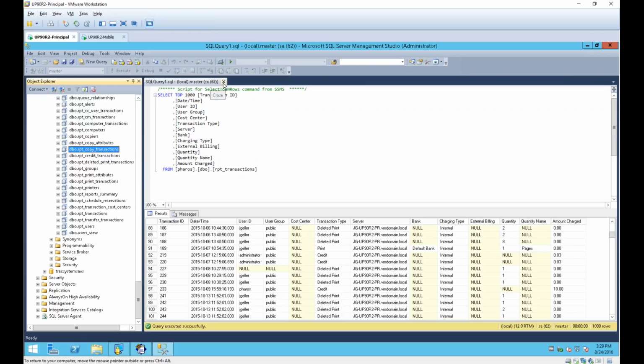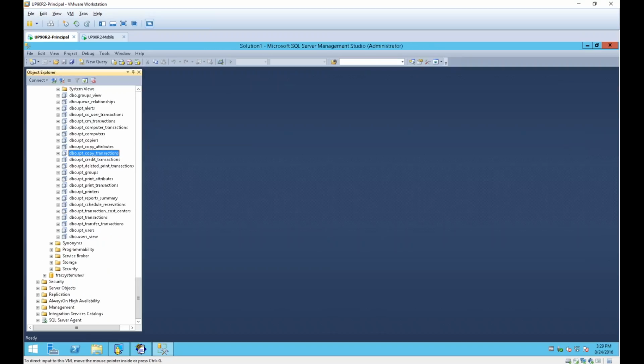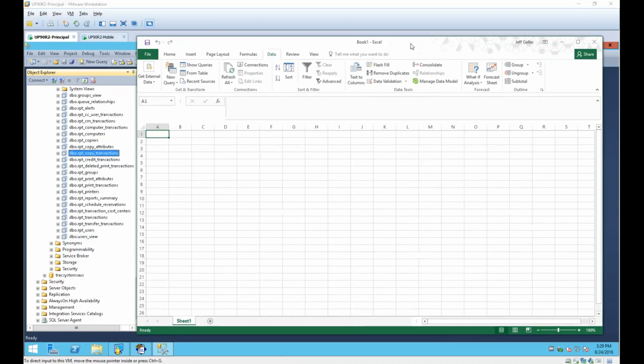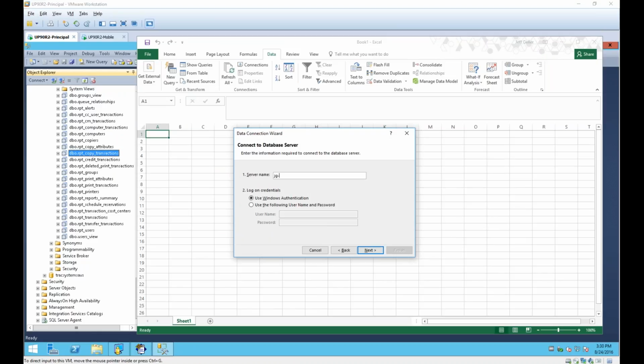So today what we're going to do is connect our Microsoft Excel application to our Uniprint database, and grab some of the data and show you what I like to show people they can do with it. So we'll go to External Data, From Other Sources. We'll click From SQL Server. I'm going to put in the name of my server,